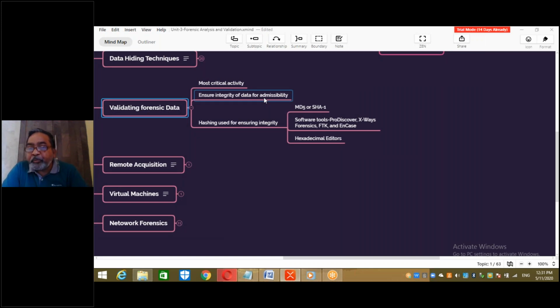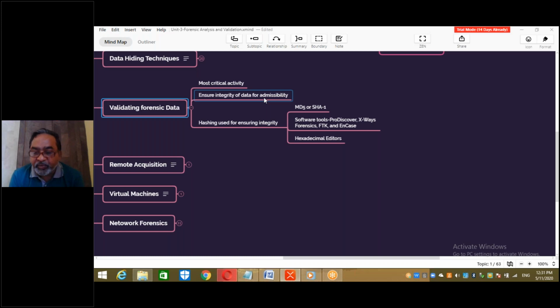It starts from parity check onwards. It goes to CRC. It goes to some other technique. But at the higher level, in cryptography, you have studied about tools like MD5, that is message digest algorithms, and SHA-1, which are most popular and acceptable. Now, an important point we have to remember for investigation purposes is that you cannot use any